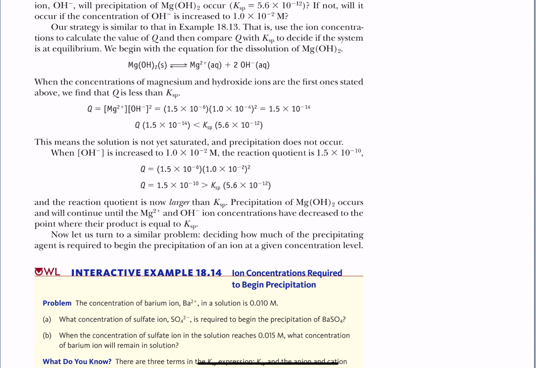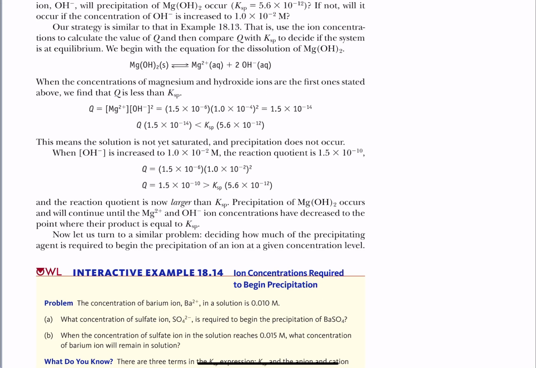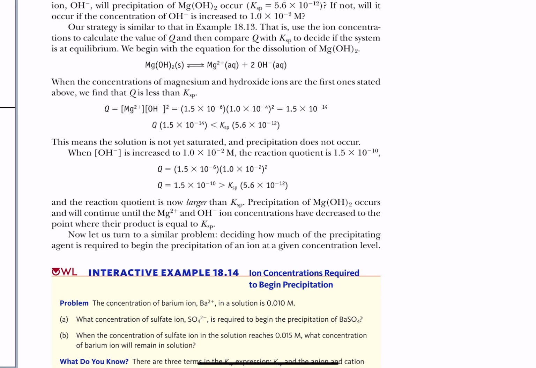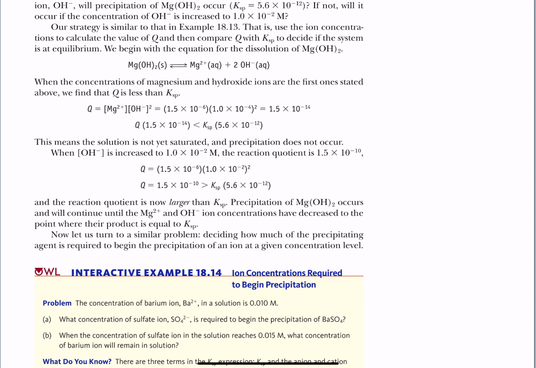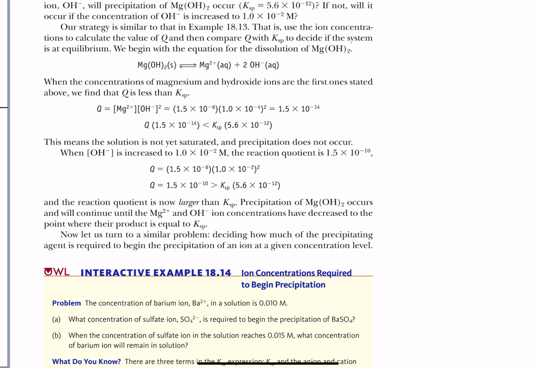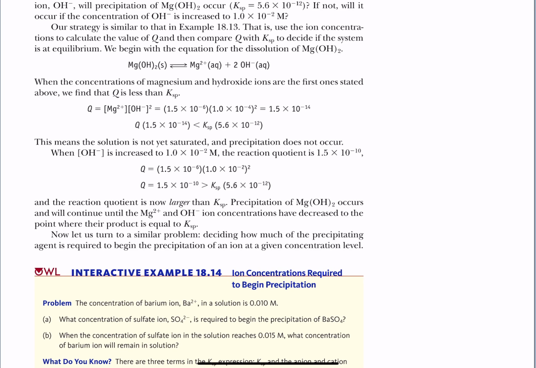Now, what's different about this problem is magnesium and hydroxide are in a 1:2 ratio. So you've got to remember the stoichiometry. So, and I'm looking right here, it's not highlighting at the moment, but the magnesium hydroxide dissociates into a 1:2 ratio. We plug in our math from the magnesium source, and we plug in the value for the hydroxide source, and